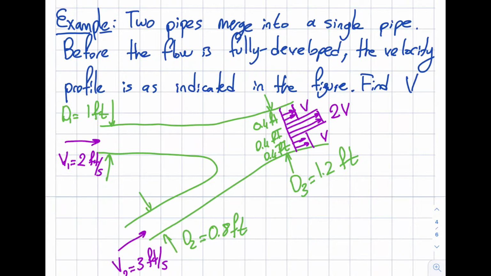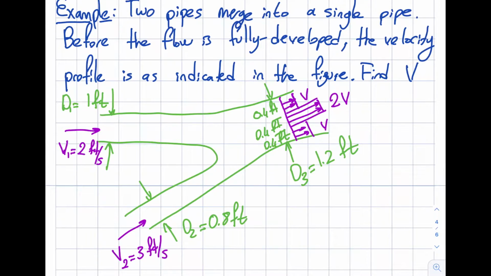So my D1 is given as 1 foot. Velocity 1 is 2 feet per second. The velocity 2 is 3 feet per second. Diameter 2 is 0.8 feet. And over here, this is the tricky part. Let's be careful over here. So this entire diameter is 1.2, and the central 0.4 foot diameter section has a velocity of 2V, and the remaining of that will have